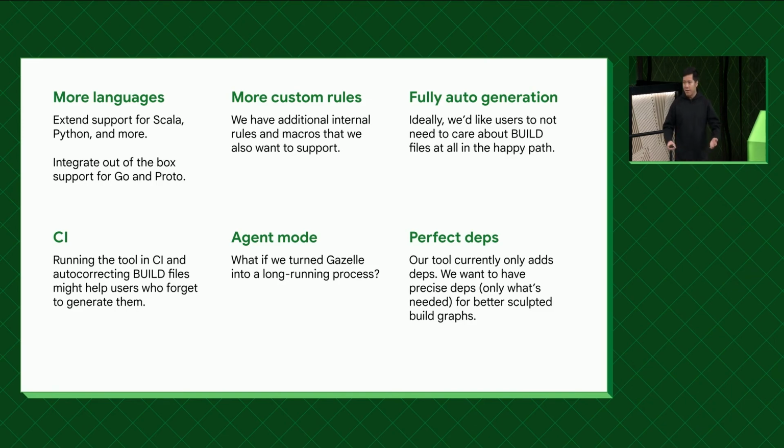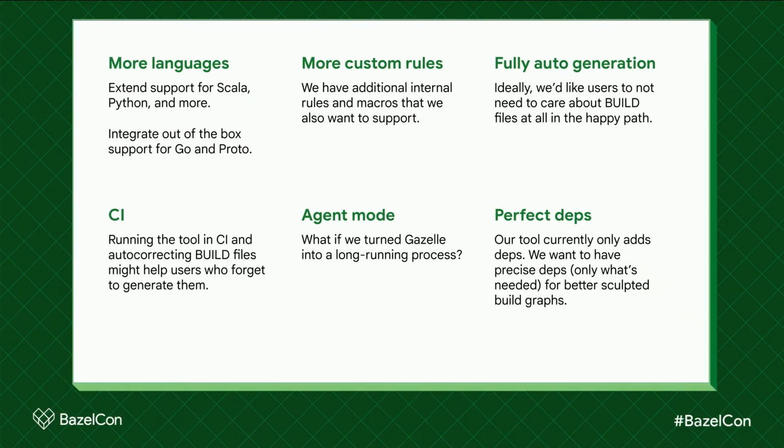Cool. And if you can go the full length of fully automatic generation, what if you could do what I call perfect deps, which is you name exactly what your dependencies are, nothing more, nothing less. This is a platonic ideal of Bazel builds, right? You want your graph to be as sculpted as possible so you get the most amount of selectivity. When I make one change, I know that my downstream builds or any dependent targets are the only ones that actually get built or retested. And that's the dream, and I think this platform will offer it to us.